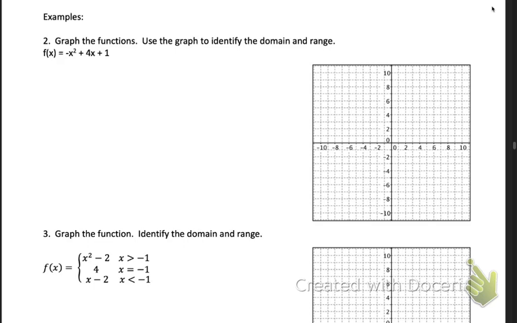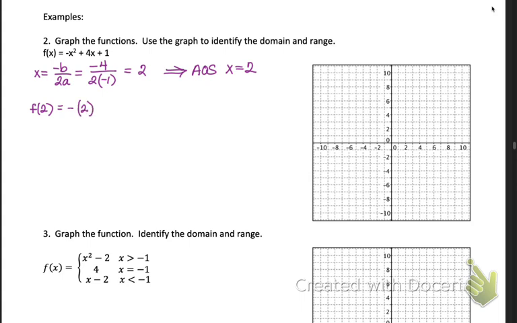Okay, so the formula to figure out x is the opposite of b over 2a. b is 4, so I get negative 4 over 2 times a, which is negative 1. So 4 divided by negative 2 is 2. What I know from that is that our axis of symmetry is x equals 2. But to figure out the vertex, now I need to plug in f of 2,